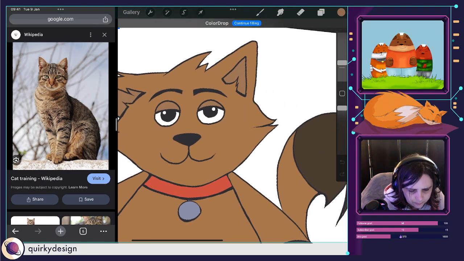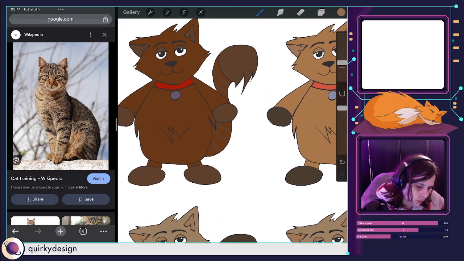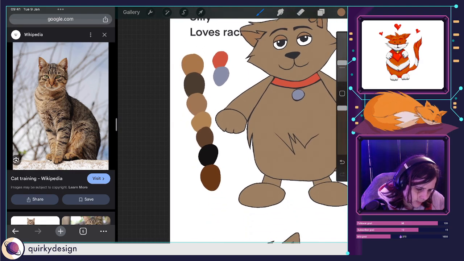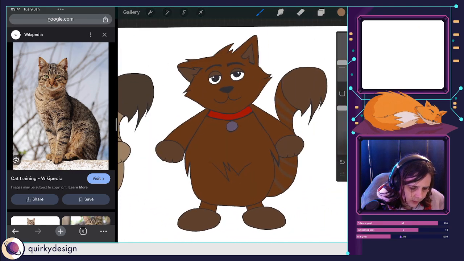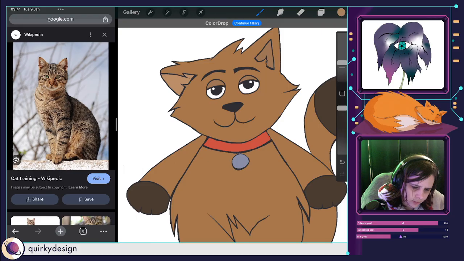Right. I feel like it should be a lot lighter colour. What if I try and add a really light colour? So lighten it so much.